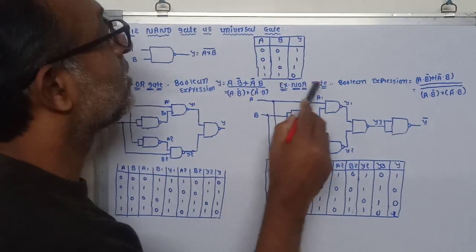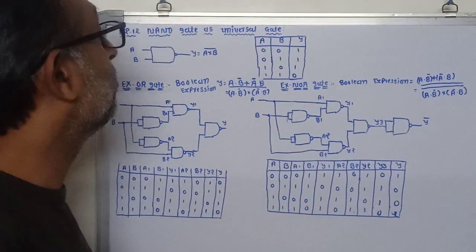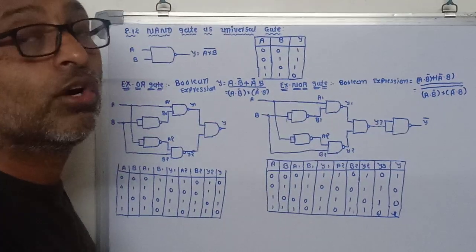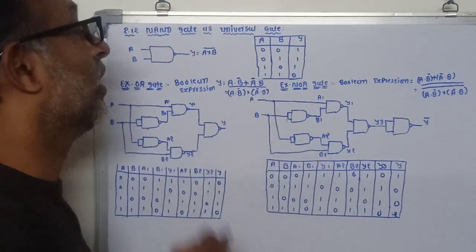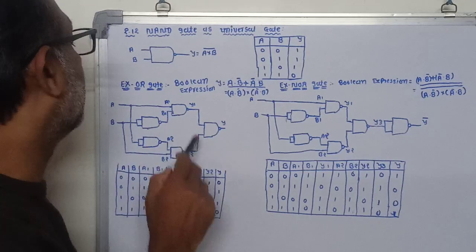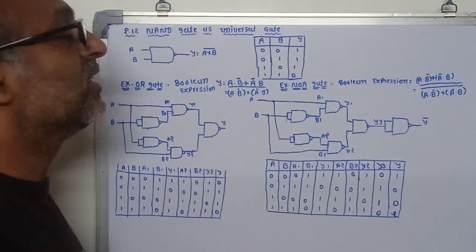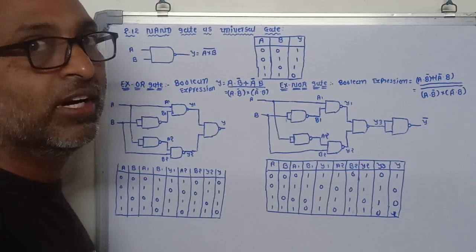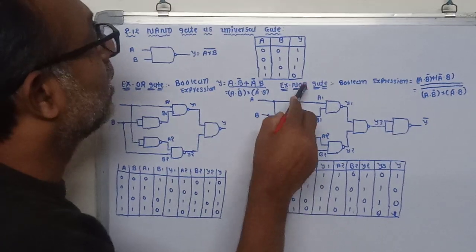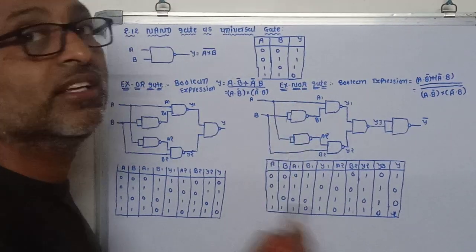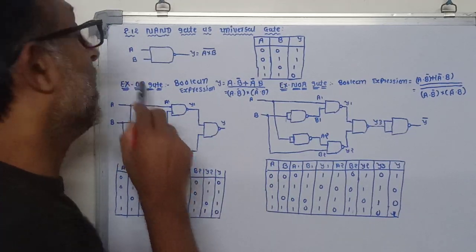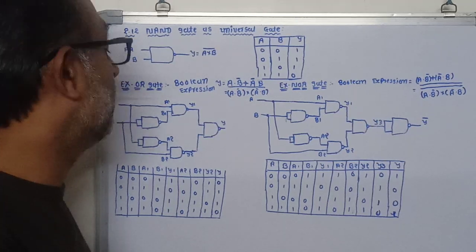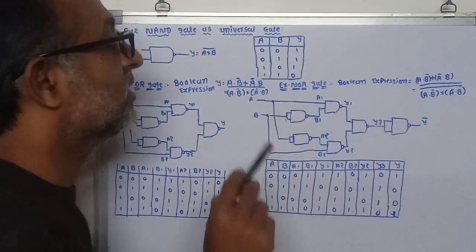Now the same for the XNOR gate. We have already studied the output of the XOR gate. The output of the XNOR gate is the complement of the XOR output. We have already built the circuit for the XOR gate. Now it is required to convert it further, that means to get the XNOR output, the complement of the XOR gate output. So here we are adding another NAND gate which acts as a NOT gate to get the inverted output. One additional NAND gate is used.